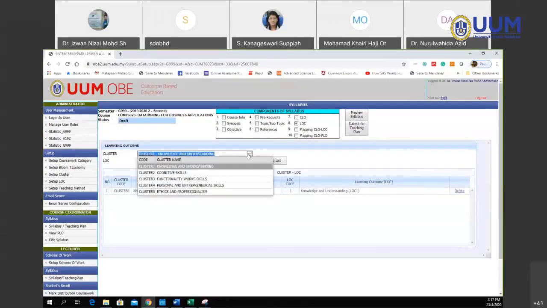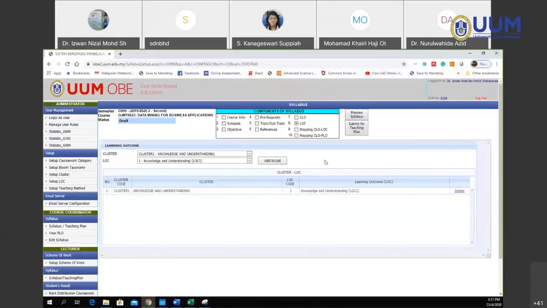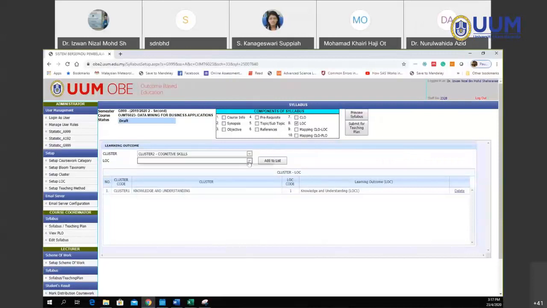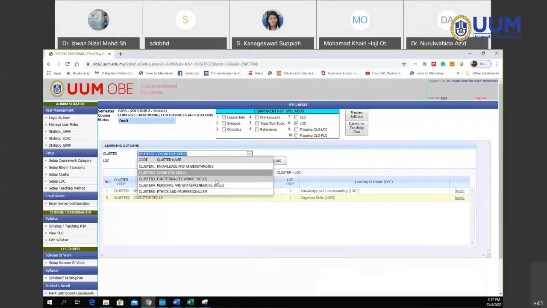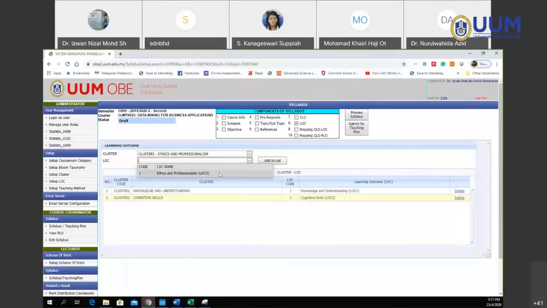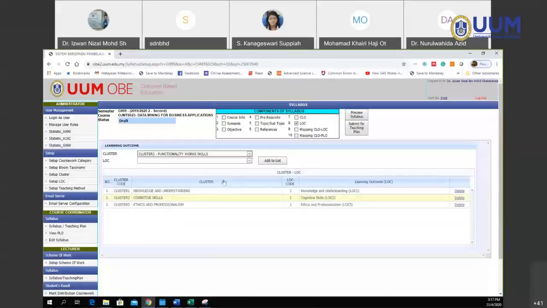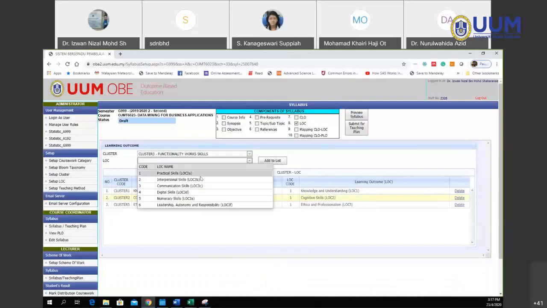At the same time, because my final exam for CLO1 and CLO2 is going to test using knowledge, LOC number 1, I also have cluster number 2, cognitive skill, LOC number 2, right? Okay. I have also been assigned by my coordinator to test ethics and professionalism, and also personal work skill, communication skill,